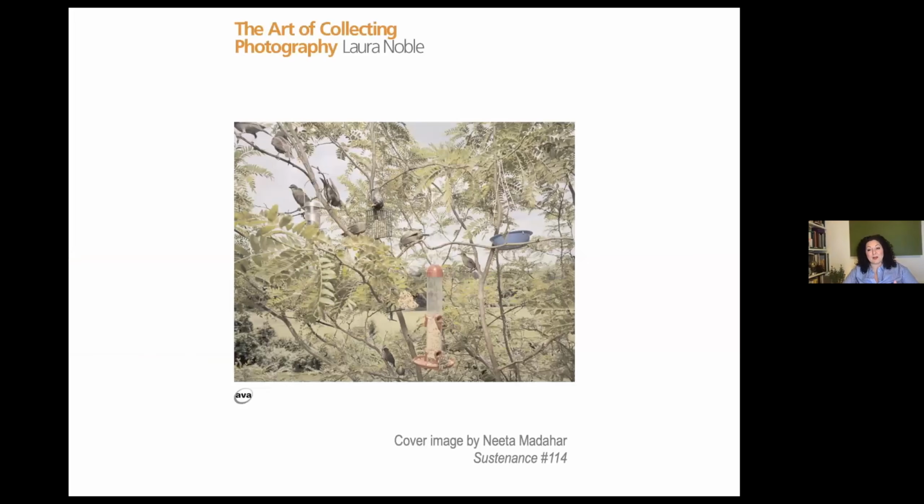So I can't talk about other people's book covers and things without briefly mentioning my own, because I thought that would be unfair. This is the cover for my collecting book, which came out a while ago now, and the cover image is by the glorious Nita Madahar, who actually introduced me to She Clicks, so a shout out to her as well.